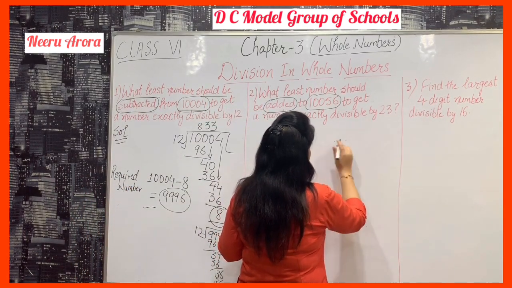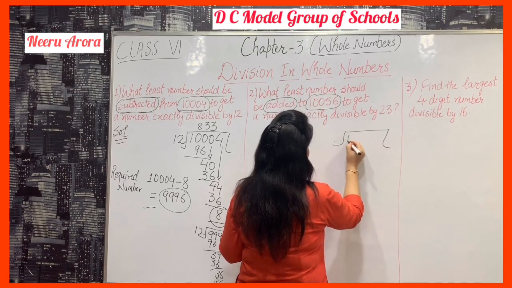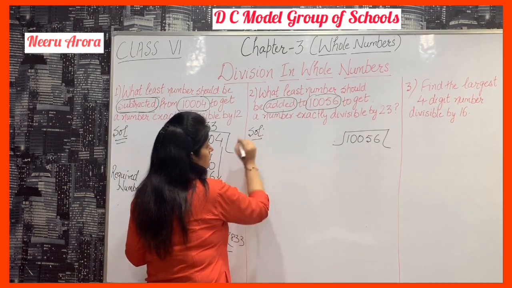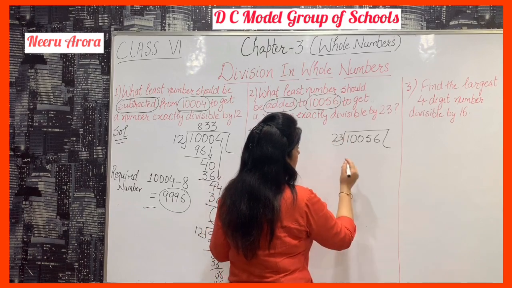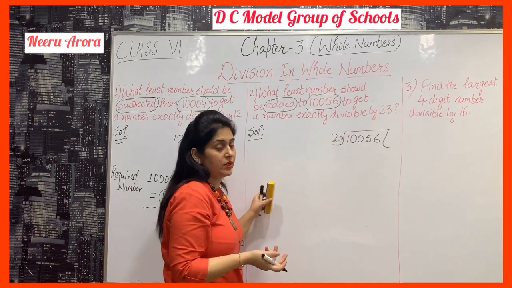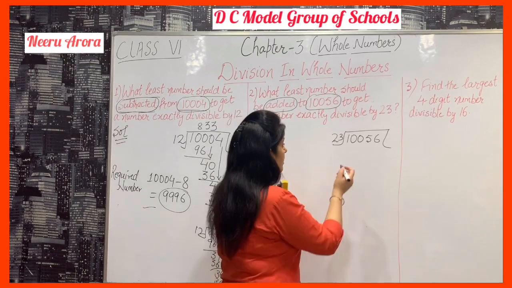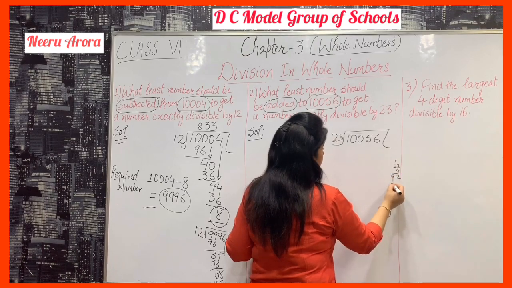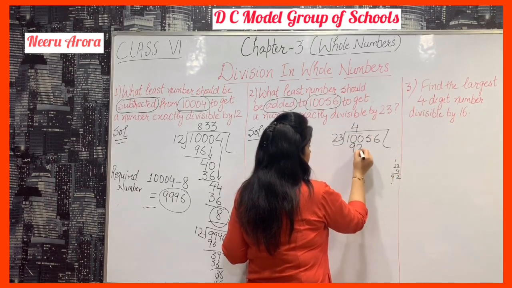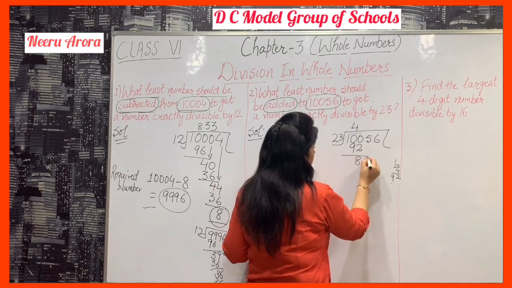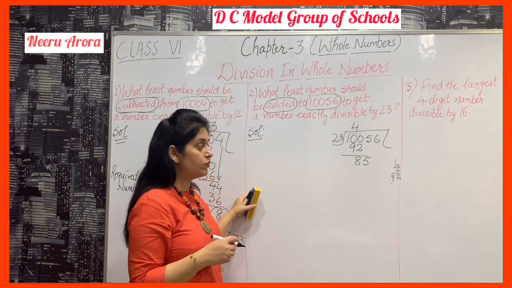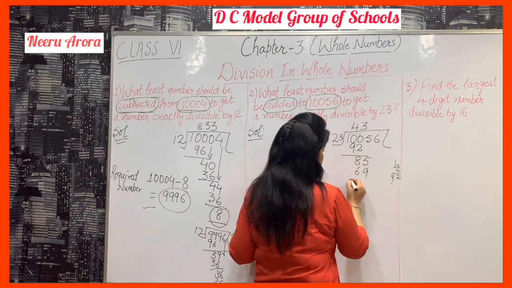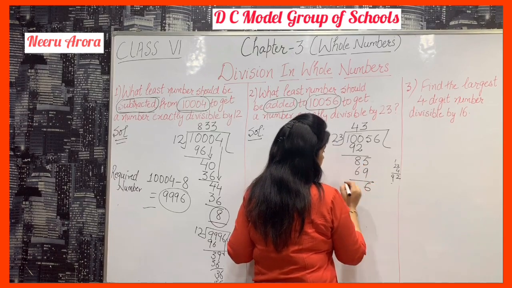First we will divide the given number by 23. Let's see what happens. Divided by 23, 1 is less than 23, 10 is again less than 23. We take 100. 23 4s are 92. What is the remainder? It is 8. Then the next digit comes down, making 85, and 23 3s are 69. So here 85 minus 69 is 16.